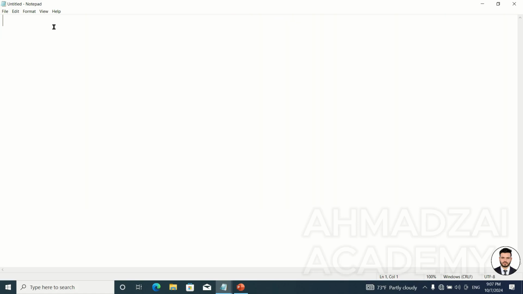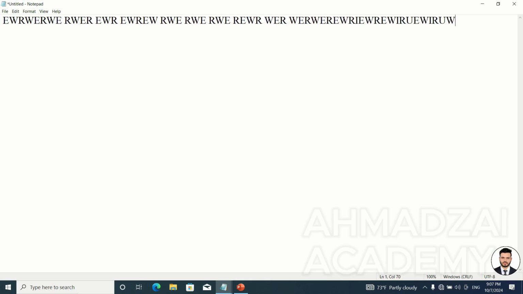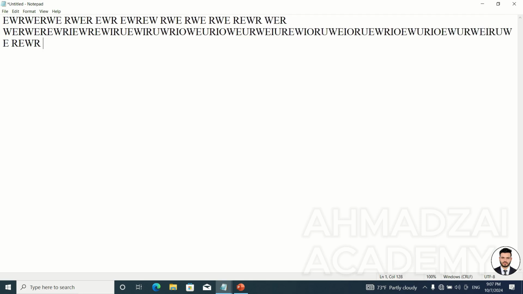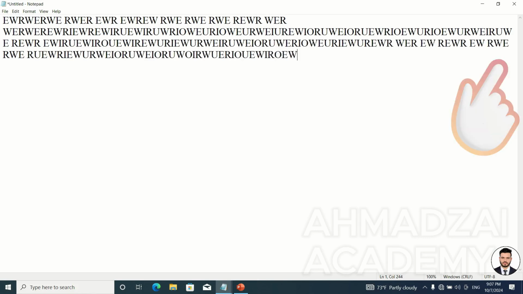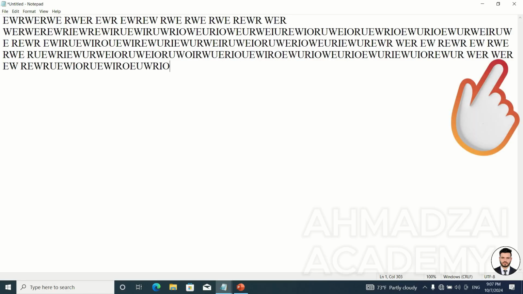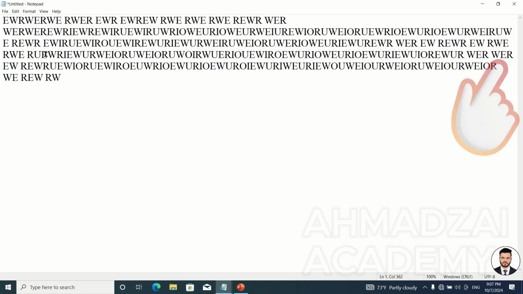But if we want the lines to always break automatically, meaning it hits enter by itself, so it doesn't have to wait for us to press enter. When this screen you saw reaches the end, it automatically enters a new line. When it gets to this corner, it automatically goes to the next line. Whenever you reach the last part of the page, without me pressing enter, it automatically goes to the next line. If it's deactivated, it just keeps writing on a single line.